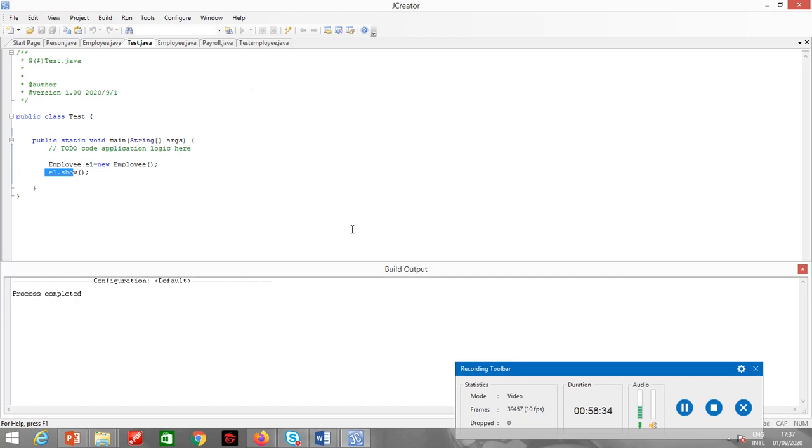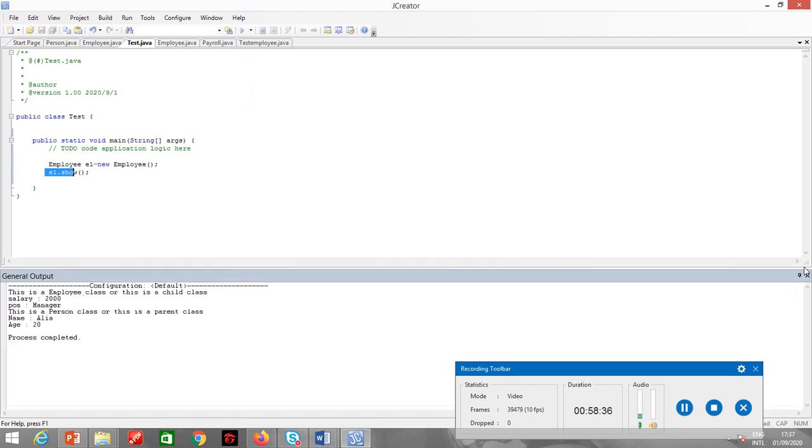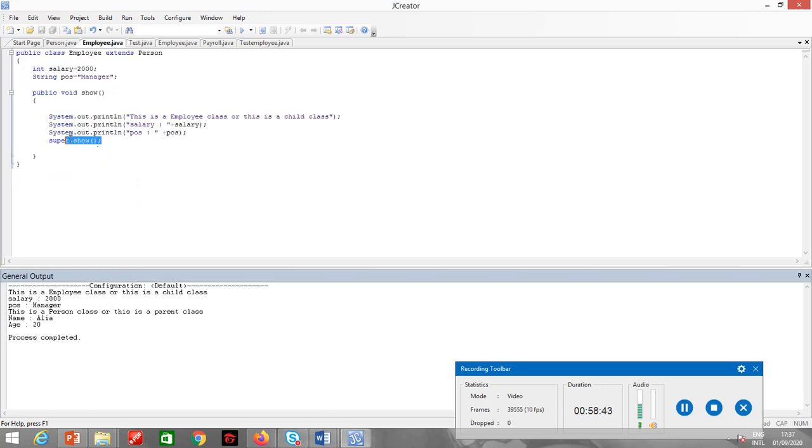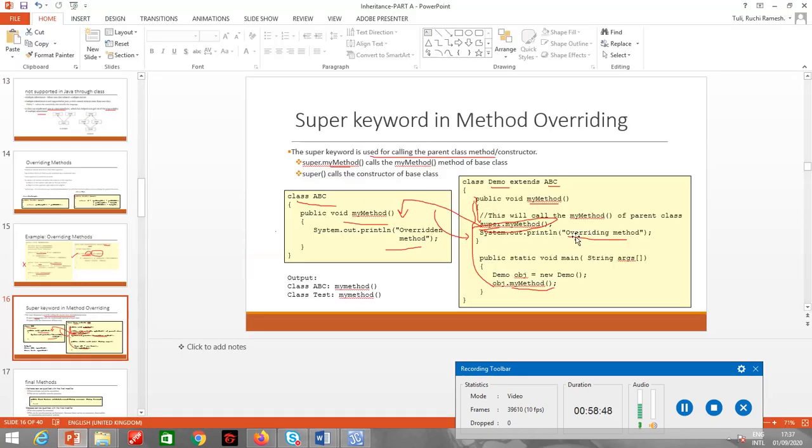Okay, I am executing it now. It's showing, but actually many times it will give you a runtime error, so better to use this statement as a first line. If you see over here in the example also, the super keyword is used as a first statement, so better to use it as a first statement, because you never know, sometimes it may give you a syntax error, so in that case your program will go wrong. Better to make it as a first line.